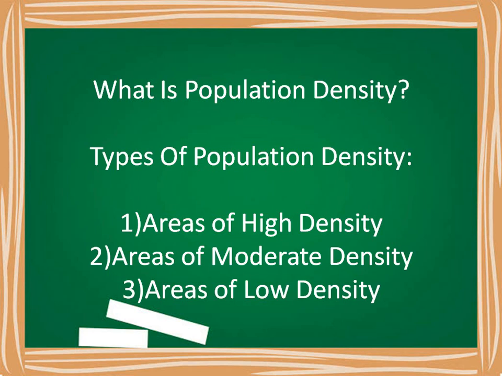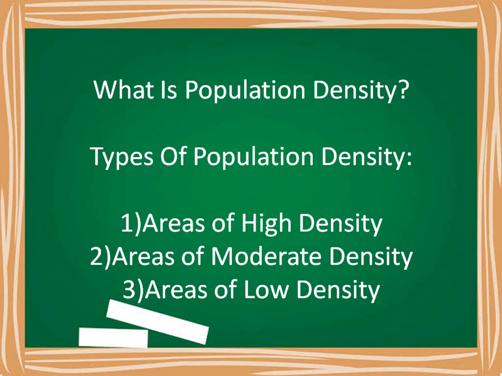What is population density? Density of population means the number of people per square kilometer. In the less developed countries of the world, the average density of population is higher, with 697 persons per square kilometer, while in the developed countries it is around 238 persons per square kilometer. Density is equal to total population divided by total area.